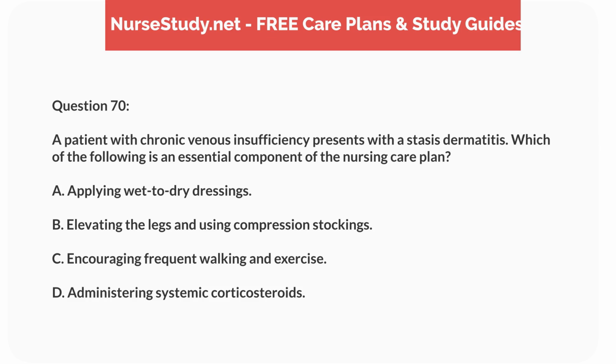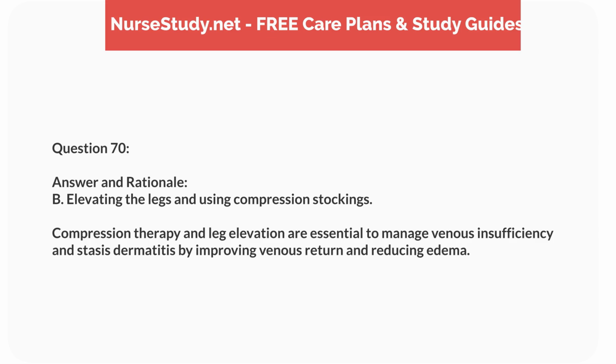C. Encouraging frequent walking and exercise. D. Administering systemic corticosteroids. Answer and rationale. B. Elevating the legs and using compression stockings. Compression therapy and leg elevation are essential to manage venous insufficiency and stasis dermatitis by improving venous return and reducing